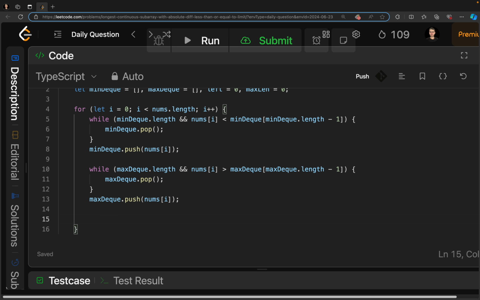Now we check if the difference between the largest and smallest number in the current window exceeds the limit. If it does, we need to slide the window to the right. So while maxDeque first element minus minDeque first element bigger than limit,